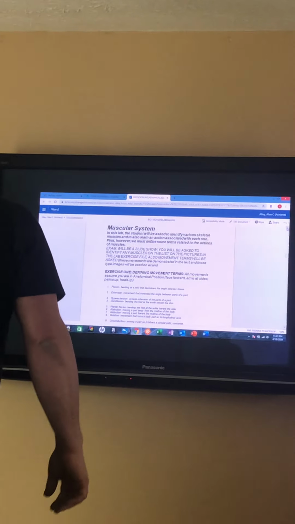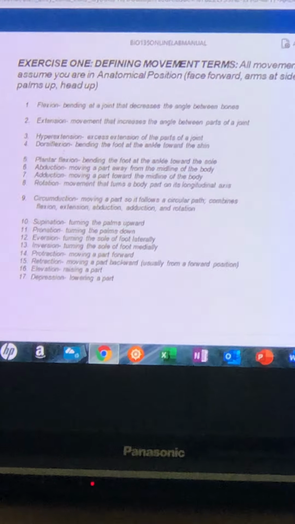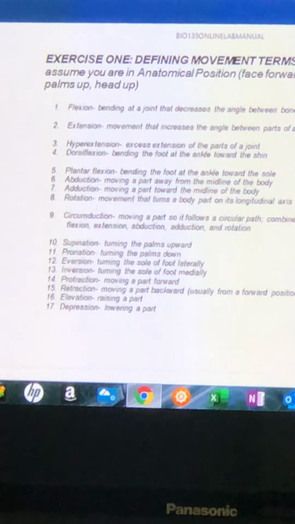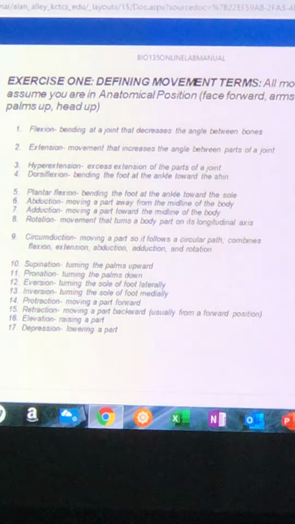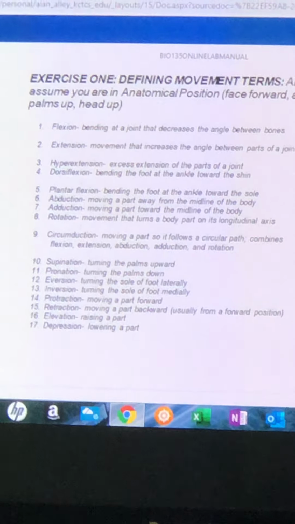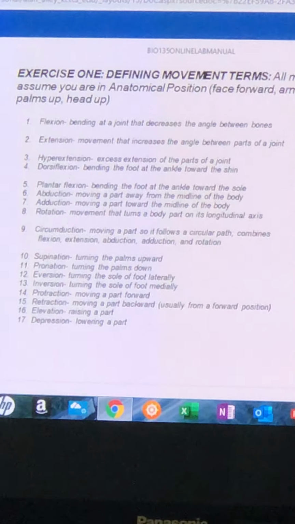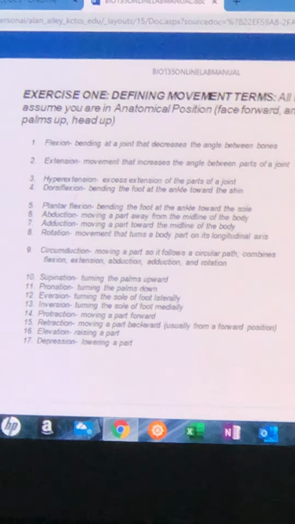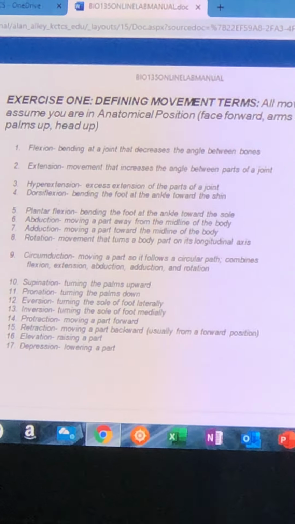All right, muscular system. The first thing you have in that packet is a list of action terms. Now, all these are defined as they would be defined for the anatomical definition. So in other words, you might find another definition of flexion in the dictionary, but this is how we define them anatomically. On the test, when you show these, or if I show these,